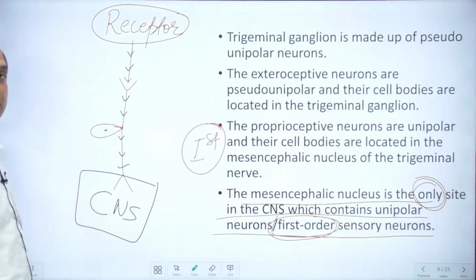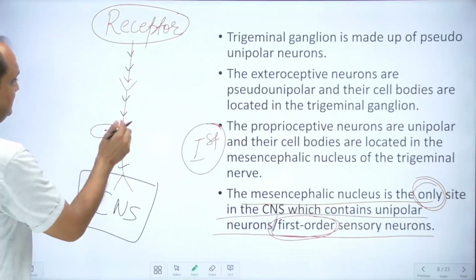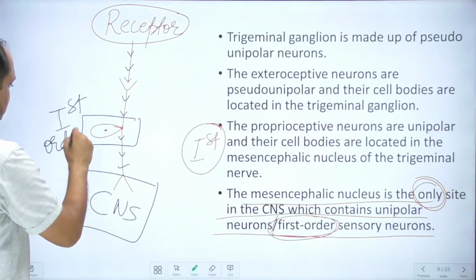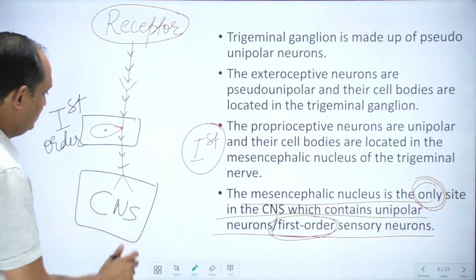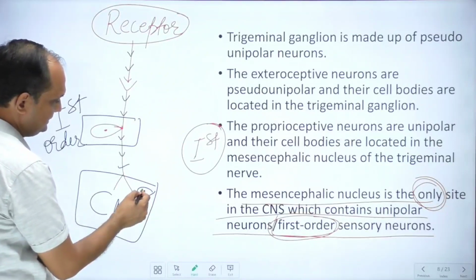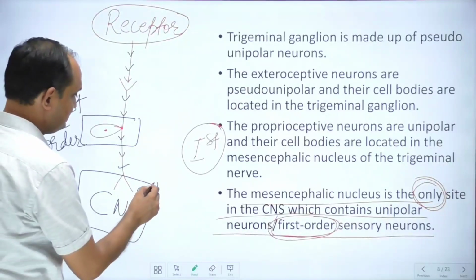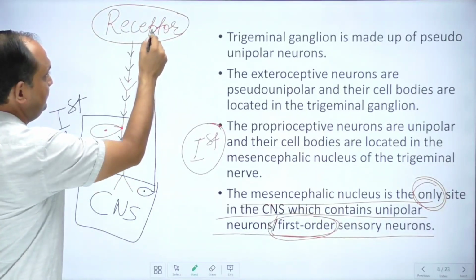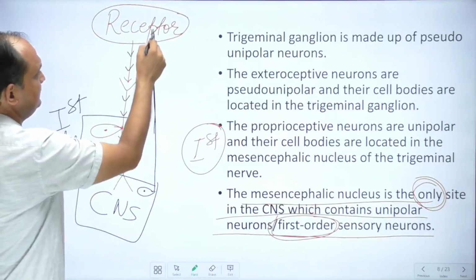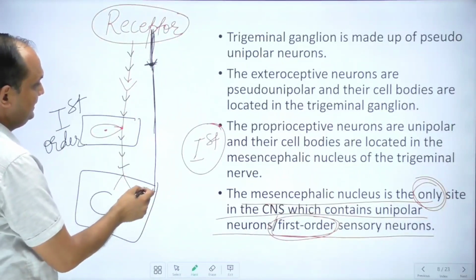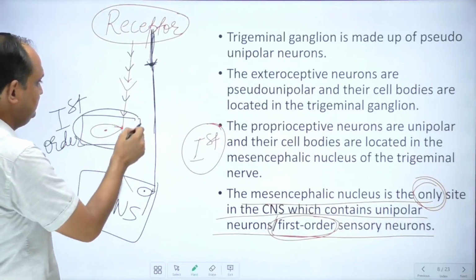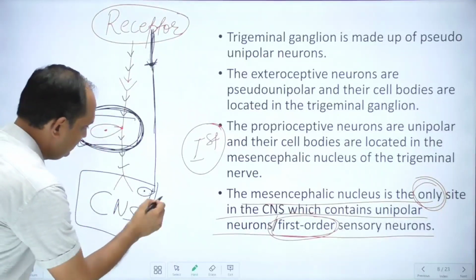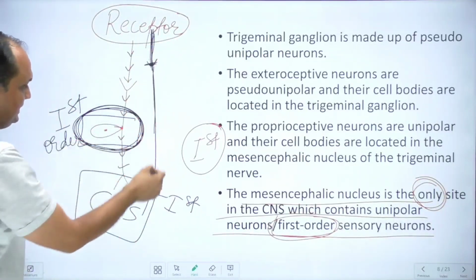Now if this is happening, then this neuron is known as the first order neuron. Now suppose we have a neuron which is present in the central nervous system, and its peripheral fiber is directly in touch with this receptor. If this peripheral fiber is in direct touch with the receptor, then what will happen? This part is bypassed. You don't have the first order neuron outside now. Now this is called the first order neuron in this pathway. Clear?